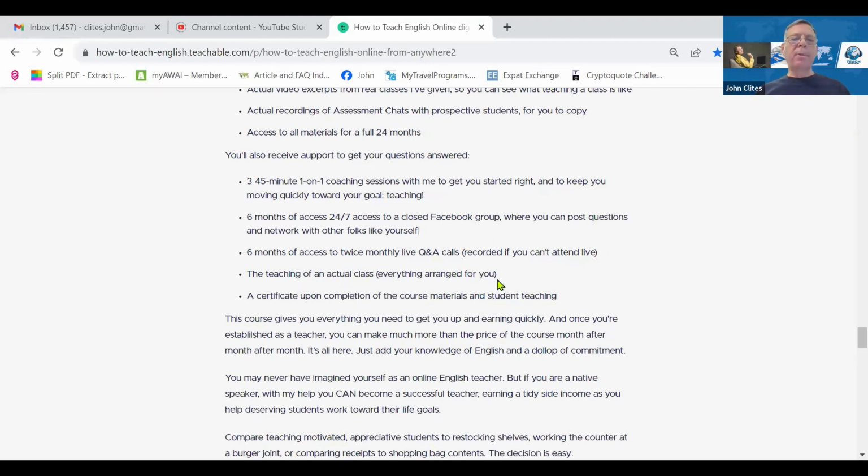And I can also help you set up an actual class so you can kind of see what that's like. And what I'm talking about here is I'll find a student and match you up for one class. I cannot promise you that the student will stay with you, because students like to choose their own teachers. But what I'm talking about here is organizing a class with the student that I've found. I'll select a material, and you teach that to the student. If you'll record that class, I'll review it and give you some pointers, right? So this is kind of like what an education major in university would do for student teaching.